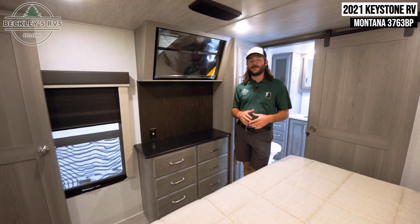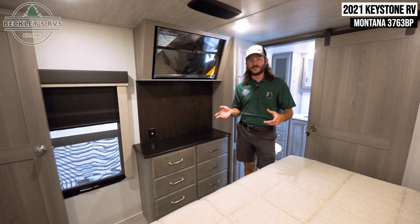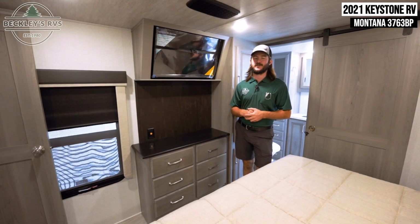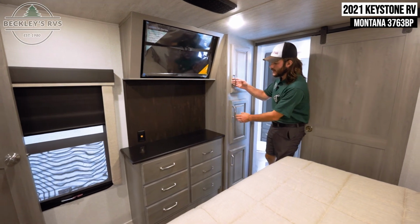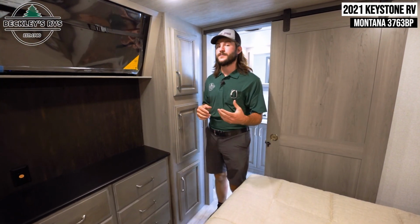So around this bedroom and the rest of the camper, you do have day and night shades on every single one of the windows, so you can choose how much light you want to let into your RV. You have a dresser for more clothes storage, as well as another closet. So you have plenty of room in here if you guys wanted to do an extended stay or full-time living